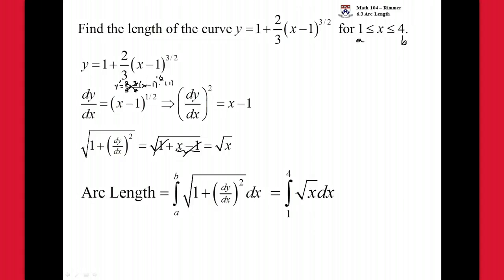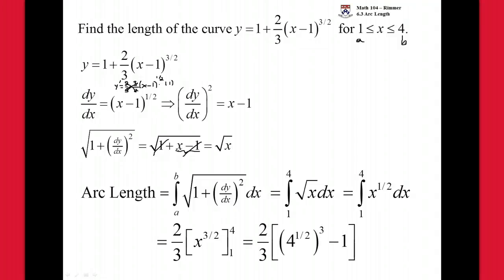It's just root x, so it's x to the half. So it's x to the 3 halves. But instead of dividing by 3 halves, we'll multiply by 2/3. And then we plug a 4 and we plug a 1 in. Now 4 to the 3 halves,